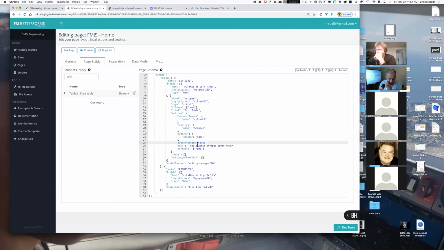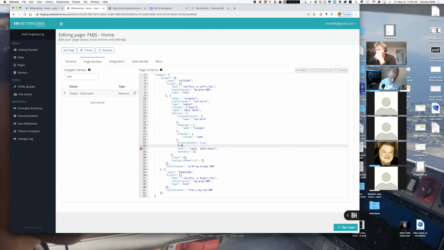Preserve state, that's part of if you want the browser to remember the filtering and stuff. Like you notice when you go back at the pages here, it stays on the same filter. That's what that's for. I don't want striped because it's not necessary. There's not that much data, and we're going to make them bigger. Table hover is good. Sortable by name. I don't think they need to sort it at all. It's just more UI garbage to get rid of. And I think there's one called filterable that you can get rid of too. Filterable. And if I say filterable false, you can get rid of the